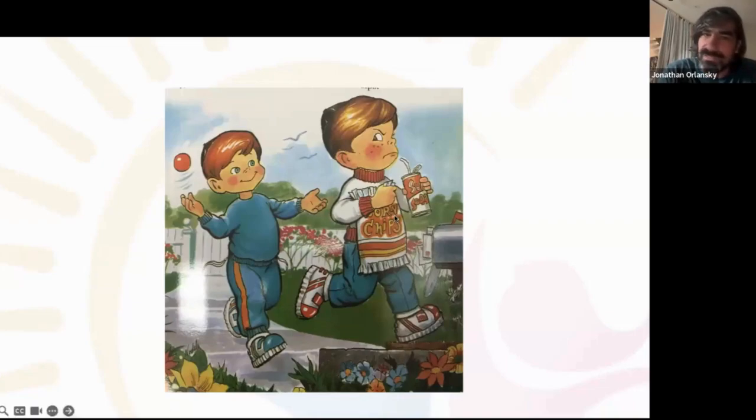Here's just a little picture that conveys obliviousness. We have one chipper, seemingly younger child following an older child who has snacks. Maybe he's interested in the snacks. Maybe he's just interested in hanging out with them. But what he's not registering is how unwelcome he is with this face. This kid doesn't want anything to do with this kid, at least not at this moment.